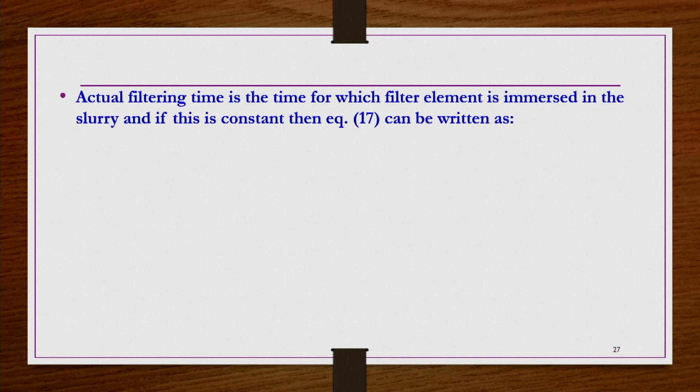if this is constant, then equation 17 can be rewritten like this. Whatever the t by V was there, what V was there in the left hand side has been taken to the right hand side, and then given equation number 18. So t is equal to Kc V square by 2 plus 1 by Q naught. In the continuous process, what is the volume of filtrate that is being collected with respect to time? That is what we are going to check for a constant pressure.